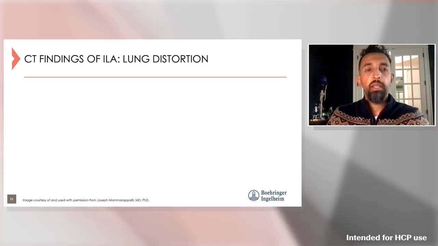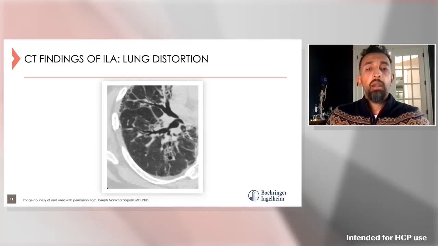Another important finding with interstitial lung abnormality is lung distortion. This is not a term that I often use in my CT reports, but what we're talking about here is that when you begin to develop fibrotic lung disease, there tends to be volume loss. Sometimes that volume loss can be directed to the medial aspects of the lower lobes, which is where we particularly see this. You have this architectural distortion indicated by the arrow here, and you get the sense that some of the lung is being pulled towards the medial aspect of the lung.